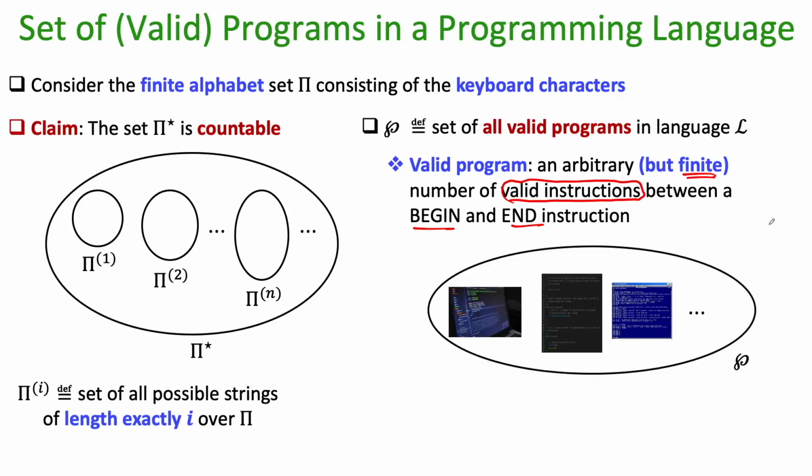So this is my set P, right? You can imagine it has many programs. But the claim is that set P is countable. Even though the number of programs is infinite, because you can keep on taking existing programs and keep on increasing the size of the program by inserting new valid instructions in the existing valid programs, right? That way you can keep on creating new programs. This